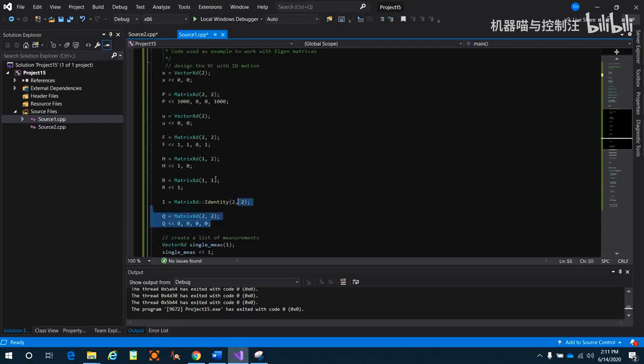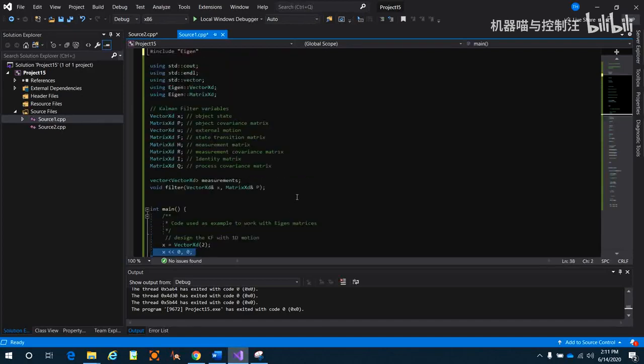In this example, because this is a state vector, I want to show